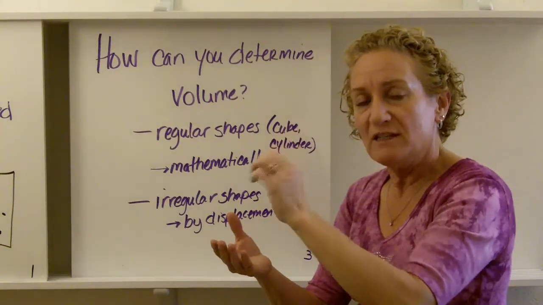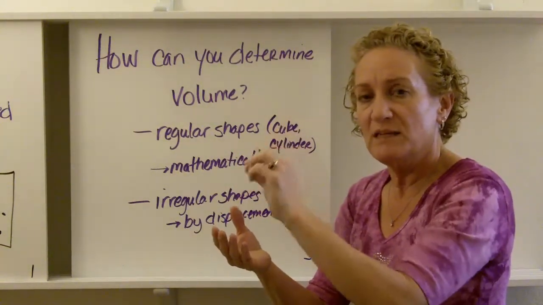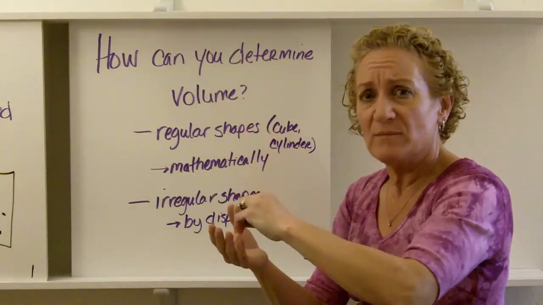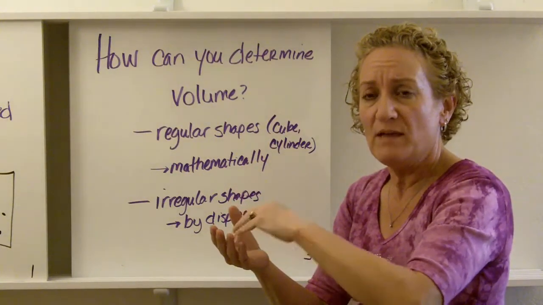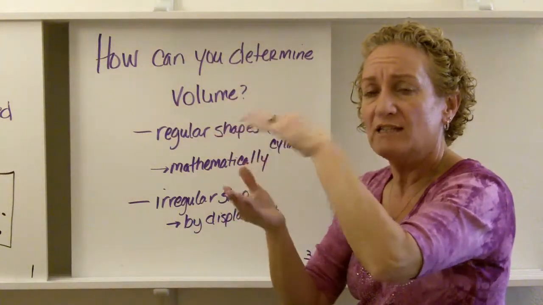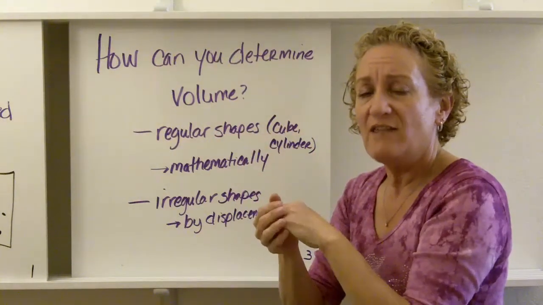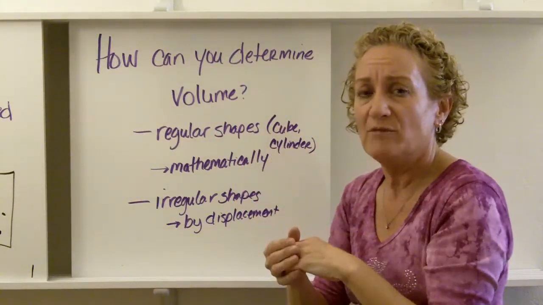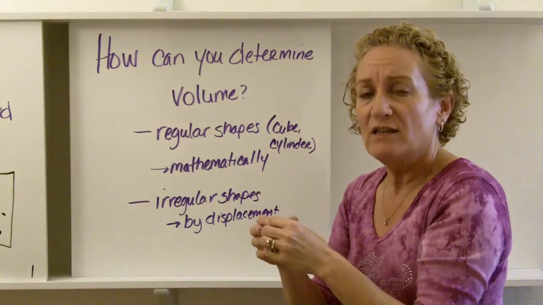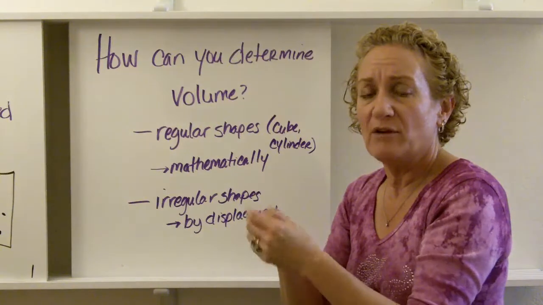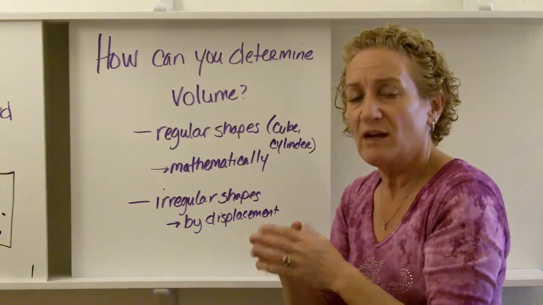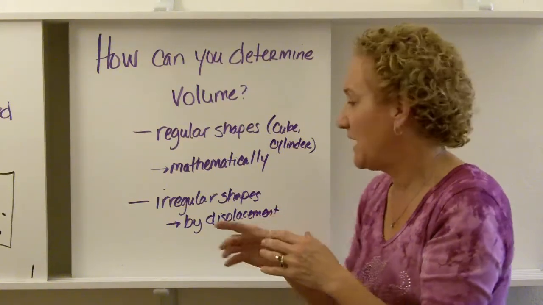You take a known volume of water, figure out what that volume is. If you're using a graduated cylinder, of course, you look at the meniscus, the bottom of the smile, if you will. Add your substance to it, add your irregular shape, and the water level will rise. Take that second water level and subtract the first from the second, and that will tell you exactly the volume of that object. If you don't believe me, go ahead and get a cylinder that you can measure the length and the width and the diameter, and you can calculate that mathematically. Then do it by displacement and you'll see I'm exactly right. It works 100% of the time, every time.